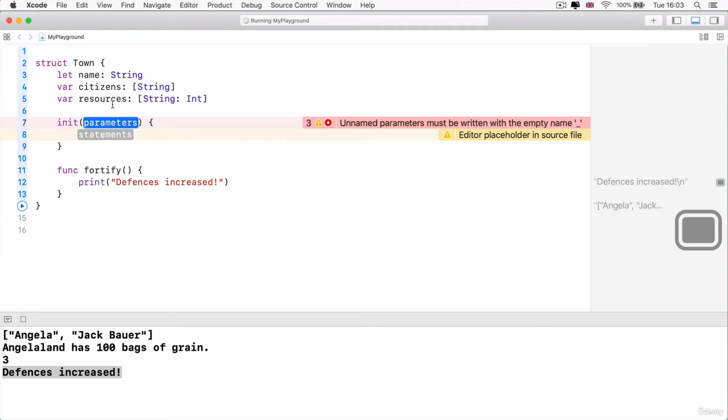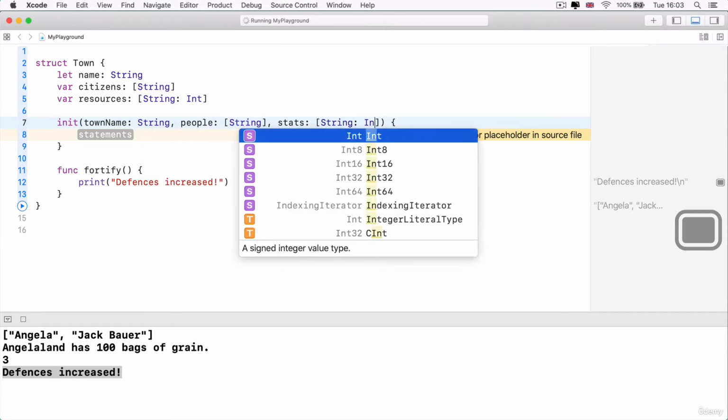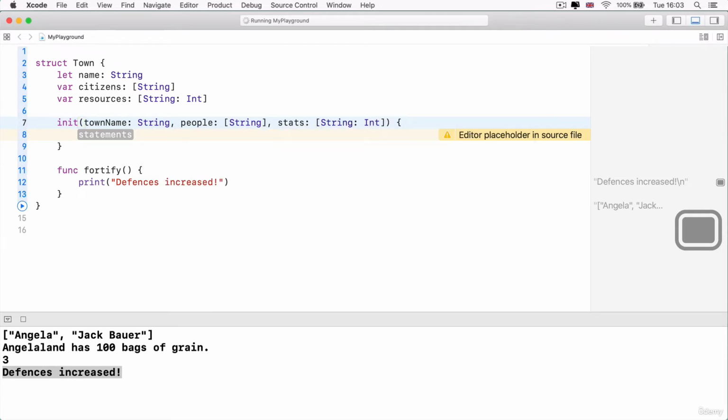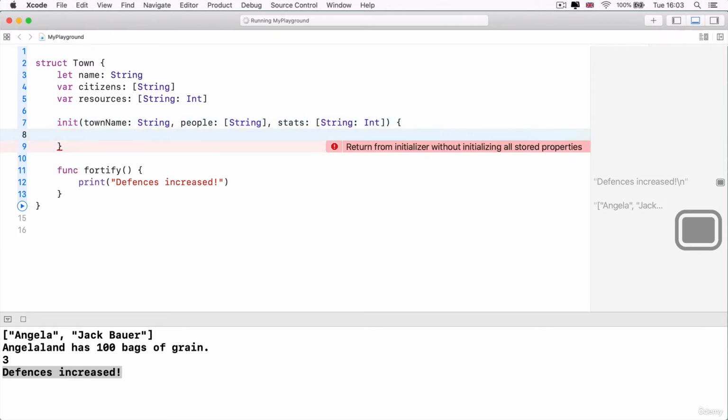The first one is going to be town name, which is going to be of type string. Next, it's going to be the people of the town, which are going to be an array of strings. And finally, I've got the stats for my town, which is going to be a dictionary comprised of string keys and integer values. So that's all three inputs that I need for my initializer.